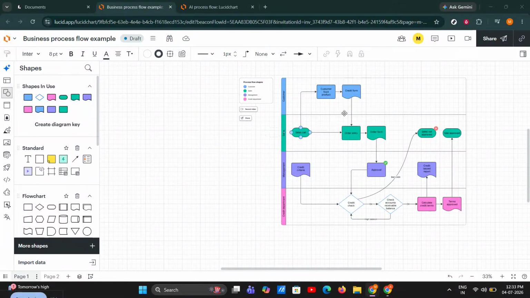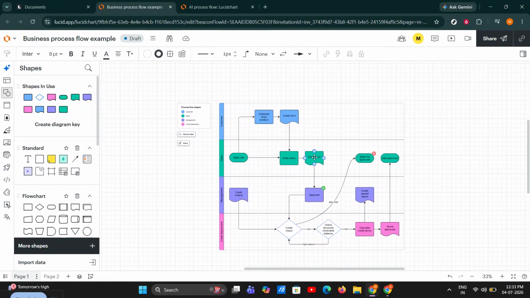If you're wondering how to delete on Lucidchart, you're in the right place. In this quick tutorial, I'll show you how to delete a page inside Lucidchart and how to remove an entire document when you no longer need it. This is super useful if you're cleaning up old diagrams, getting rid of test pages, or organizing your workspace so